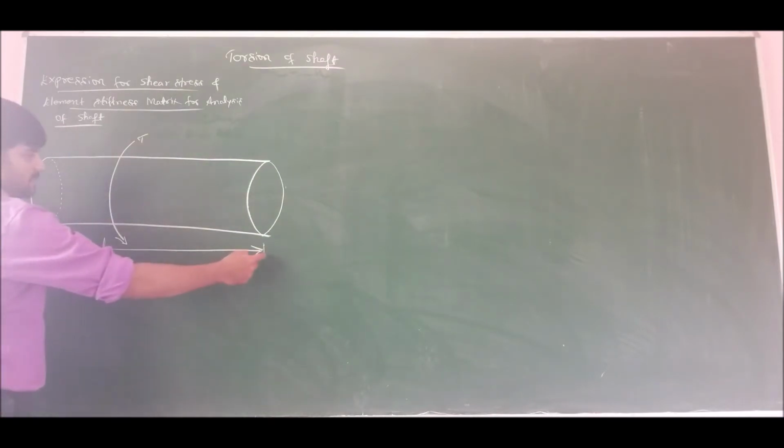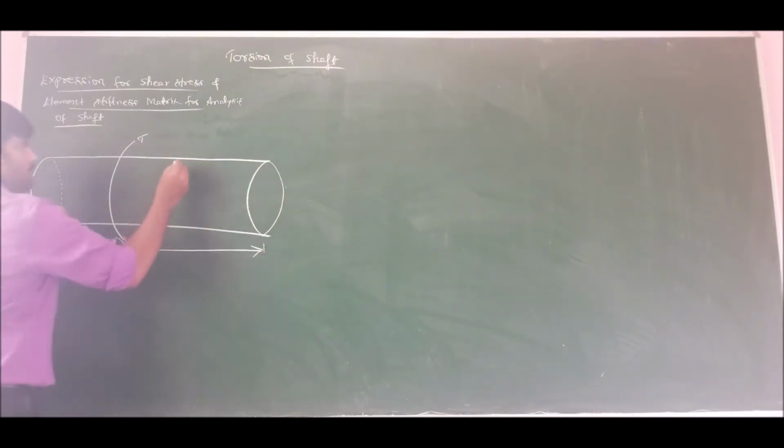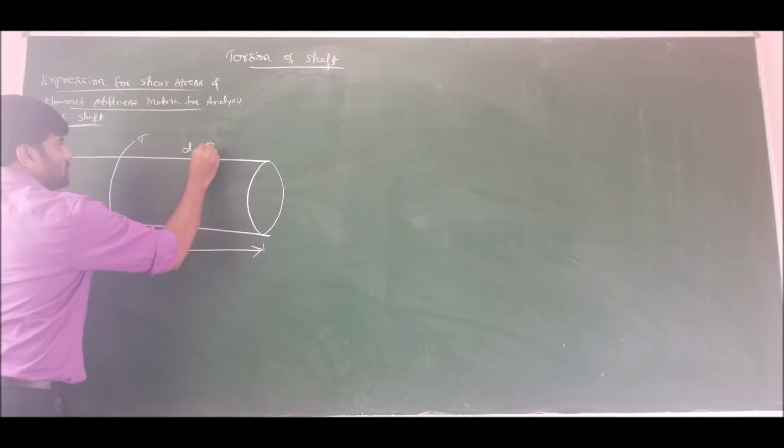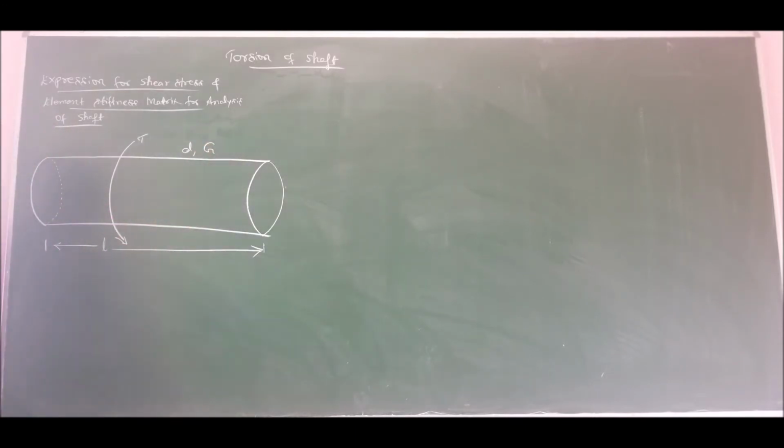Let the length of this prismatic rod be L and diameter be D, and the modulus of rigidity is given by G. If I take any cross section on this prismatic rod and analyze, let us take section AA,